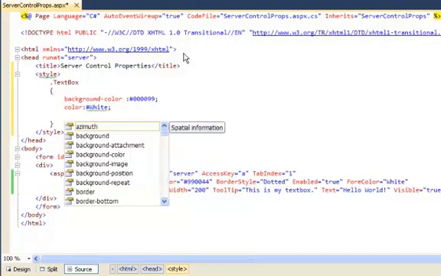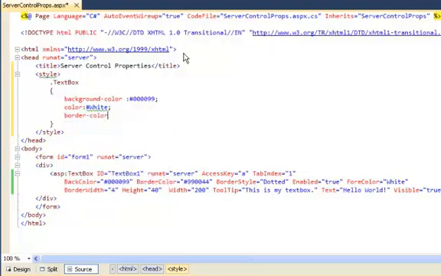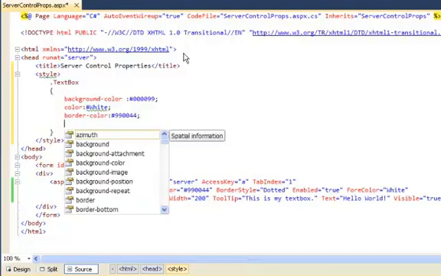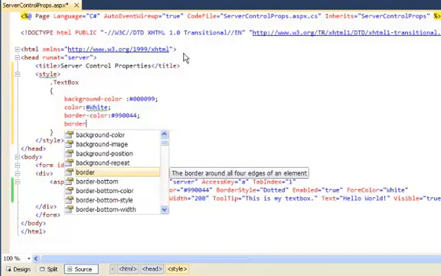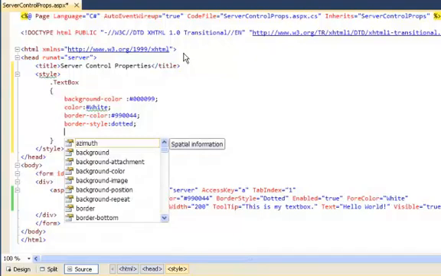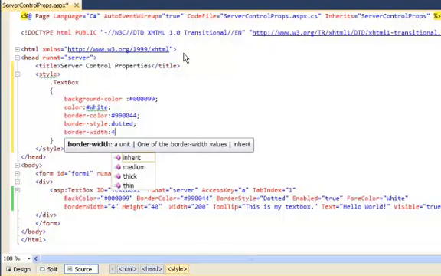The border color was 990055, I believe. 44 actually. And then what else did I have? I have border style dotted. Then I had border width 4 pixels,